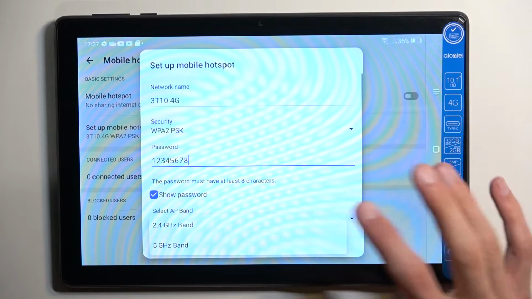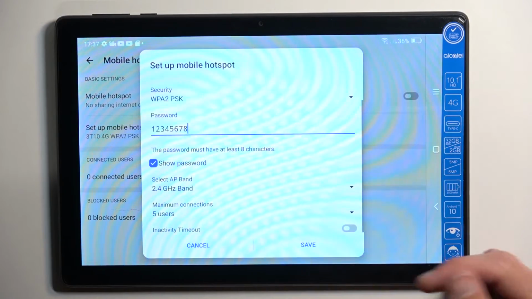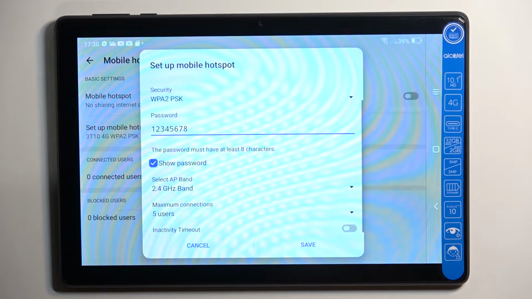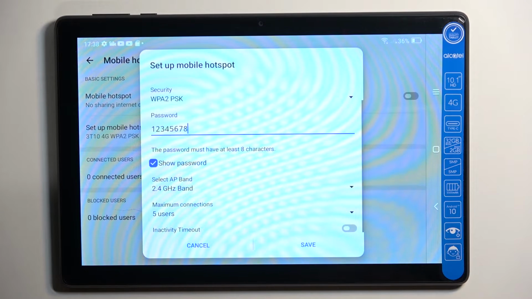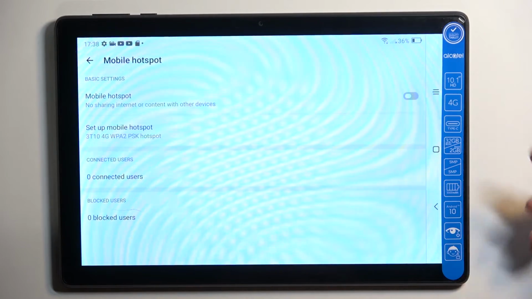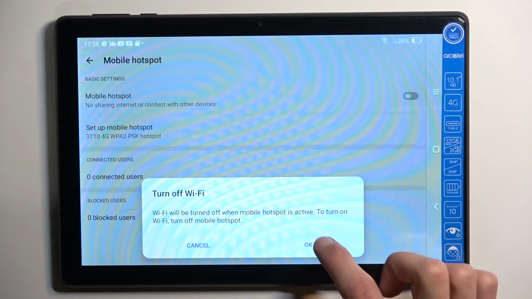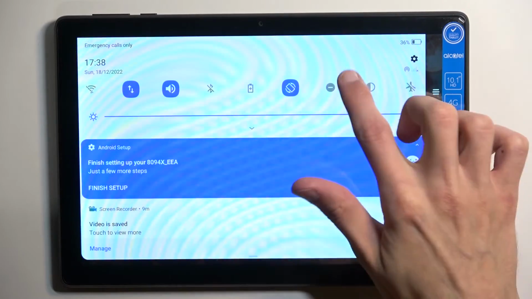You do have option to change a couple different things like the AP band, the name of the network, and how many people can connect to it. So set them up to your liking. If you don't know what these settings do, or some of them, then I recommend keeping them as they are. This will ensure that you can connect to your hotspot whenever you need to, without any kind of fiddling around with it or trying to troubleshoot it. So let's select save, and now we can simply toggle it on either from here, like this, or from the